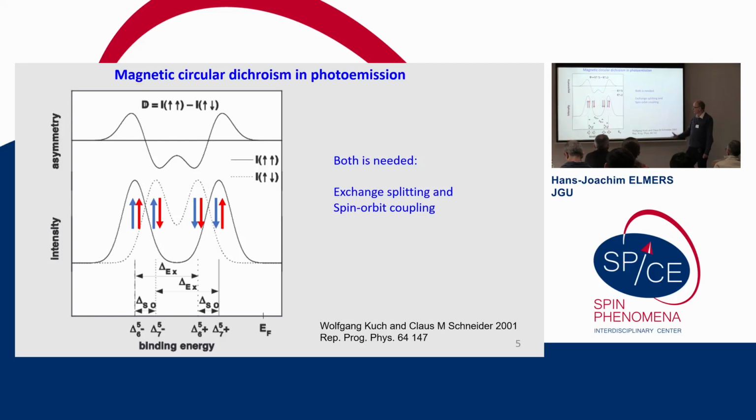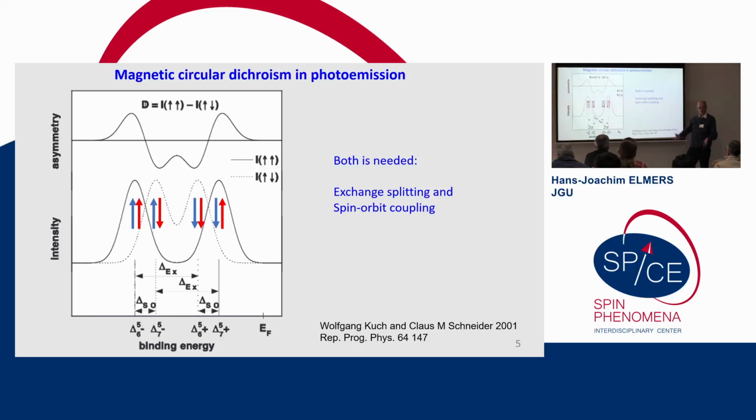Now you have, in addition, spin orbit coupling. The spin orbit coupling splits the case where the orbital momentum is parallel to the spin from the state where the two vectors are antiparallel to each other. Usually in these transition metals, the spin orbit coupling is quite small, but there is a finite splitting. And the splitting happens for spin-up electrons and for spin-down electrons.